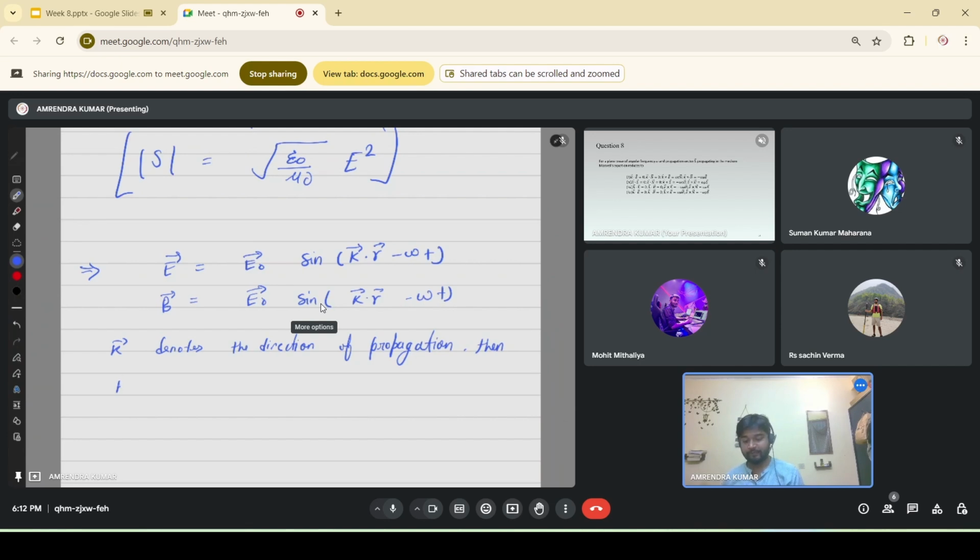Then somehow we have to relate this k vector with the derivative. So let's say we check it for this, del dot E. So del dot E will be like